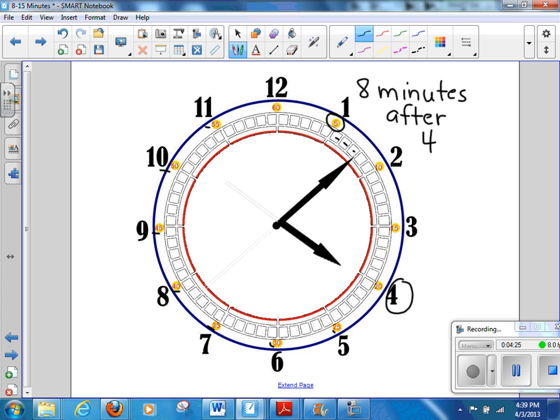But you know, these hands are going to keep traveling, and there's another way to express that same time, and it has to do with the hour of 5, because it was 4 o'clock, but it will soon be 5 o'clock. So we can also express this as a number of minutes before 5. Well, if this is the amount of minutes after 4, then the rest of the minutes, and I'm not going to take the time